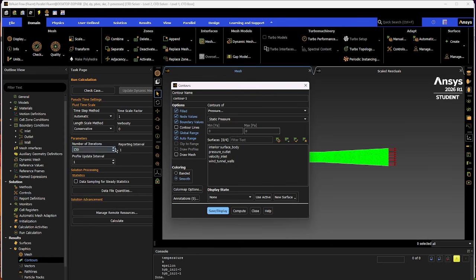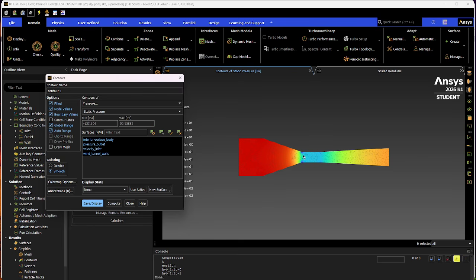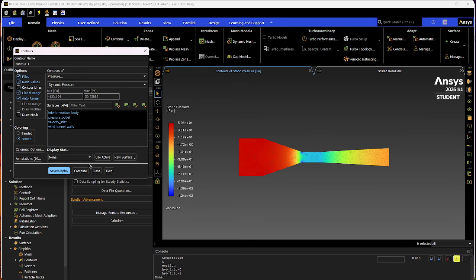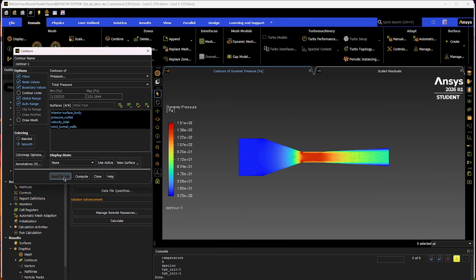And here, you want to click all of these right here. And then you're going to click save/display. And then look at all the pretty colors. So high pressure, low pressure, higher pressure. Yeah, and then you want to take a screenshot of this, and then you go to dynamic pressure, do the same, take a screenshot of your dynamic pressure, and then you want to go to total pressure, save display, and then you want to take a screenshot of